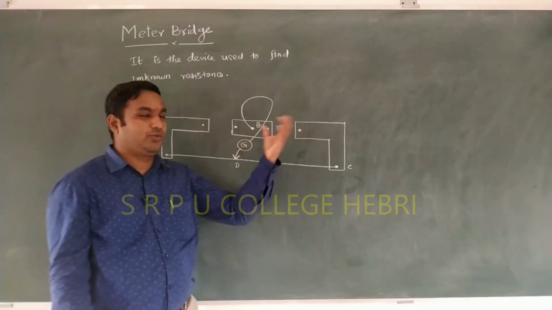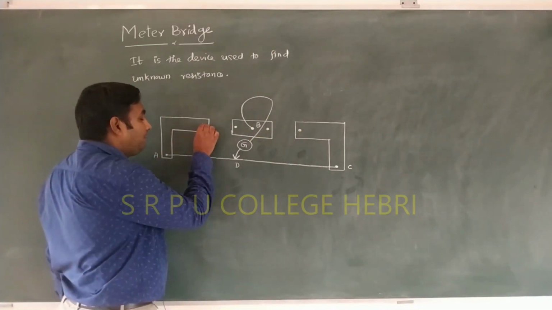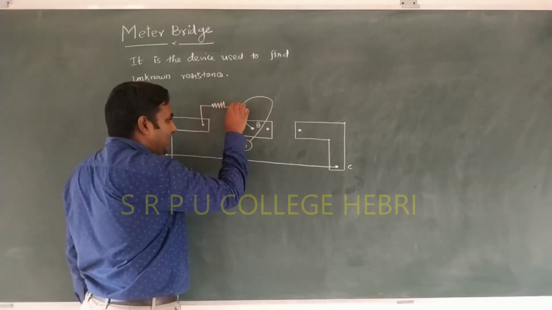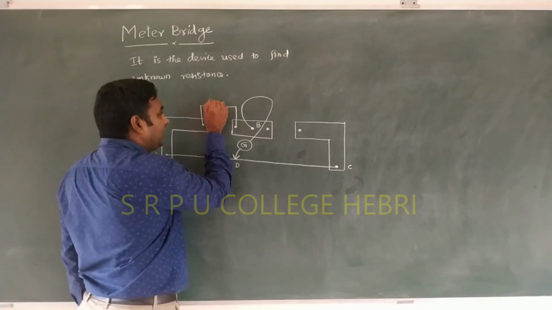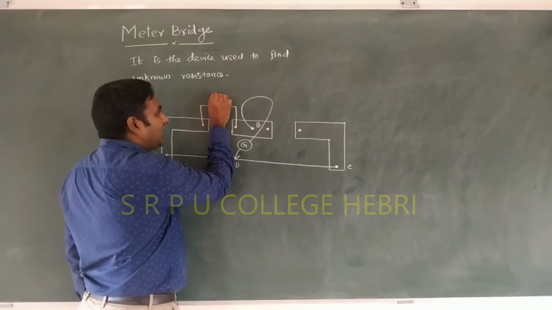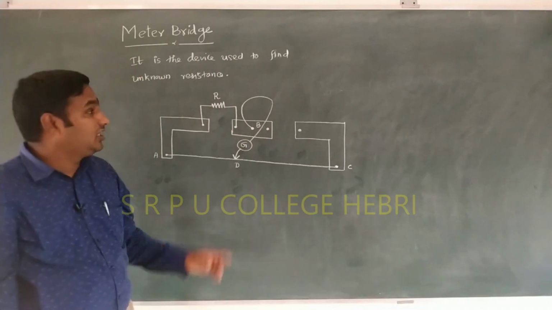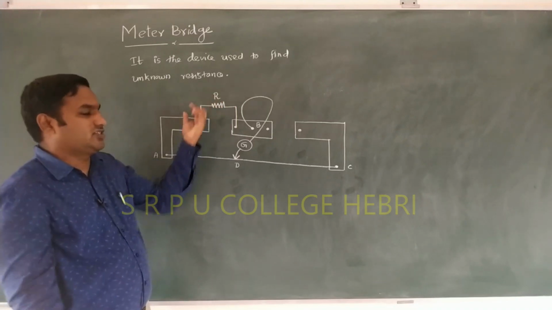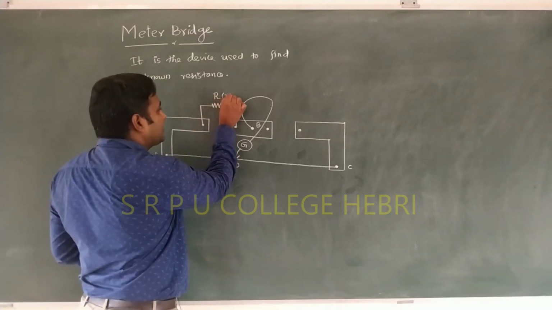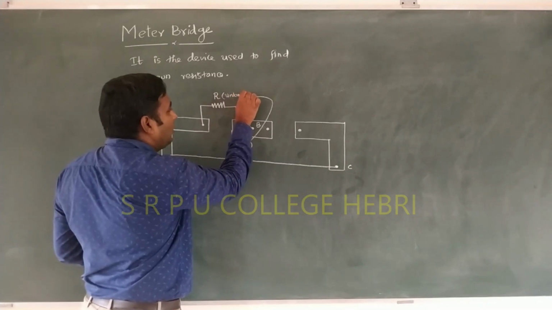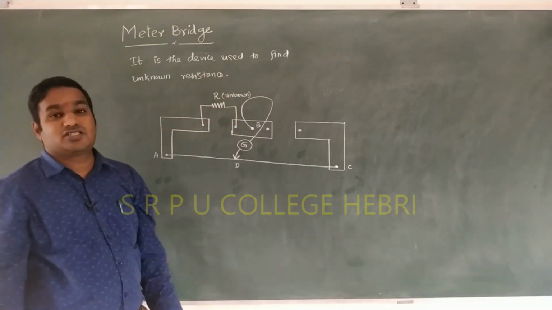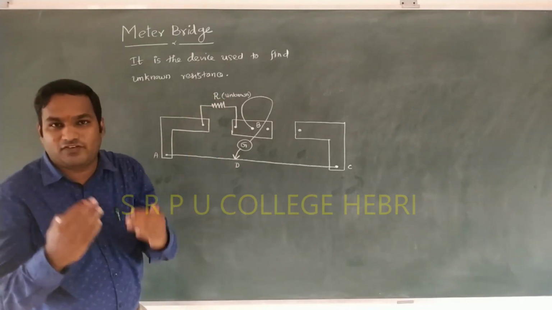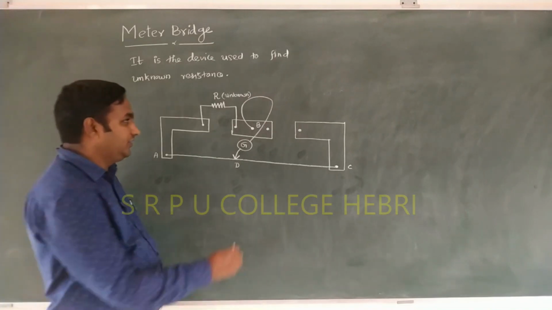One is the left side gap and the other is the right side gap, and this particular gap is connected to an unknown resistance. That I call R. R is the unknown resistance that you want to calculate. This gap is connected to the unknown resistance. This unknown resistance value you have to calculate. Once you get the value of this unknown resistance, we can easily find out the resistivity of the material of a wire. And not only that,